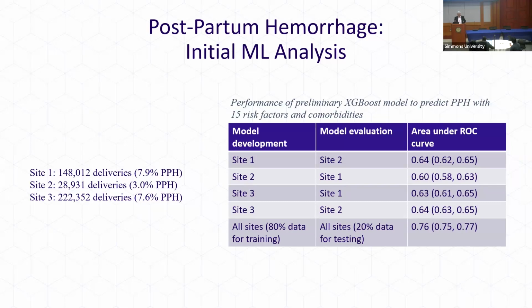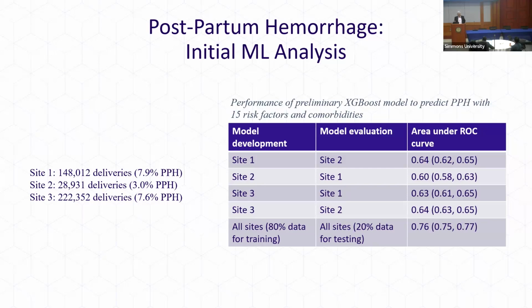But this also points to a problem that more and more is becoming obvious in using machine learning models for clinical purposes like decision support: when you develop models from data from either one site or multiple sites and you take it to a new site, there's a very good chance it won't perform well. And that's what we are starting to see, is that even the prevalence of PPH